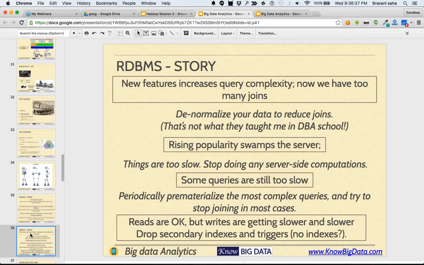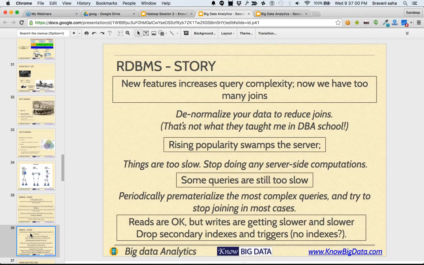After some time, the reads will be okay, but then writes will get slower and slower. So what you do, you start dropping the secondary indexes and triggers as well. So we let go of everything which the database had to provide, except for data in and data out.